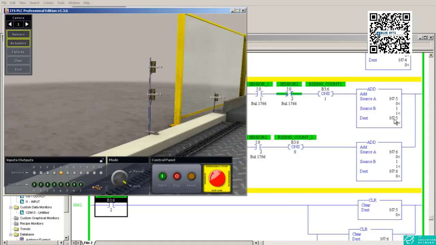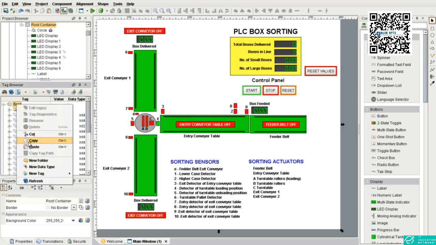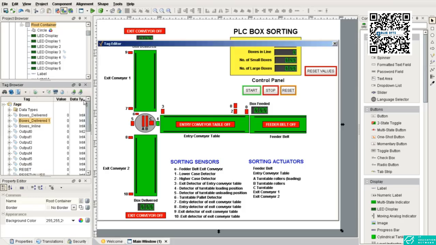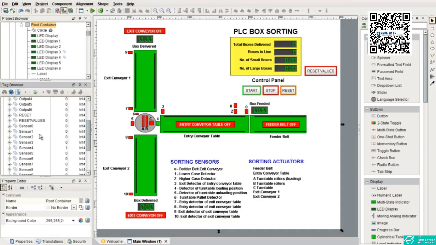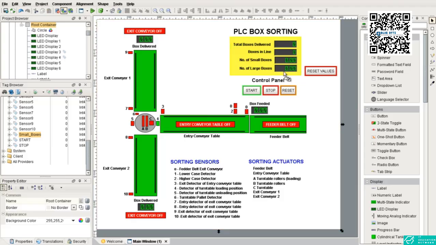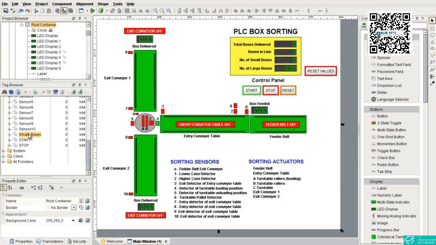We are getting the smaller results in N7:5. 6 is for larger boxes. So 5 for smaller, this is for larger. So smaller is N7:5. So I'll go here, create another tag, N7:5. Small, wait, this will be 7:5, this goes here, small boxes. Number of large boxes goes in 7:6, so I'll copy that,